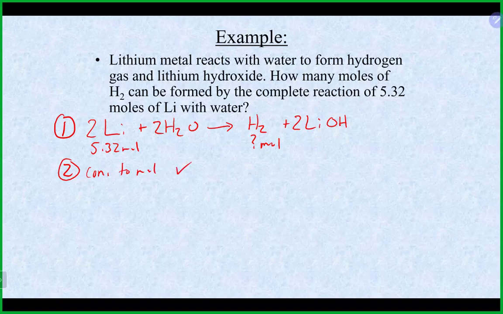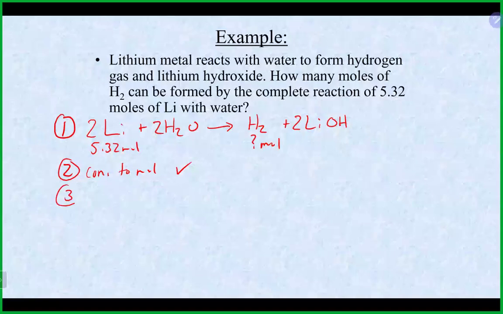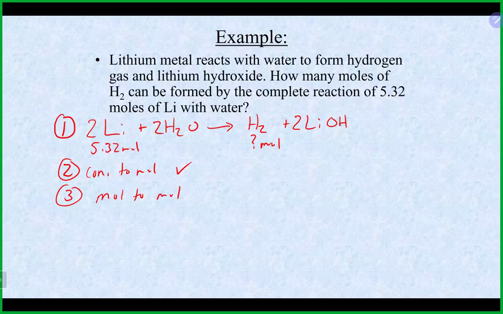And this is already done, so we don't actually have to do that. So again, don't undo it and redo it because it's already in moles. Now that it is in moles, we can actually do the stoichiometry part, which is our mole to mole relationship. And again, we're going to go to the balanced equation, and we're looking at the two things we're